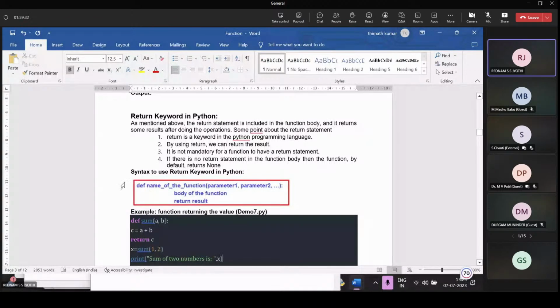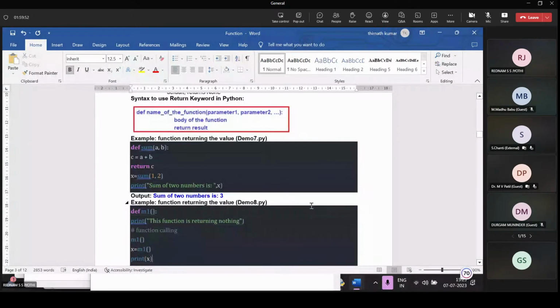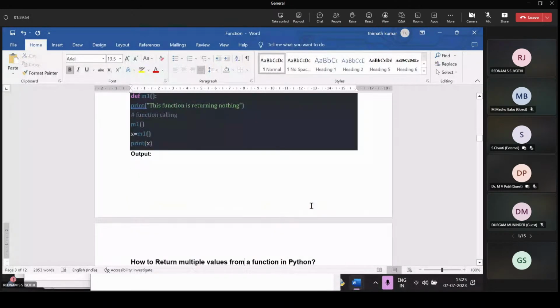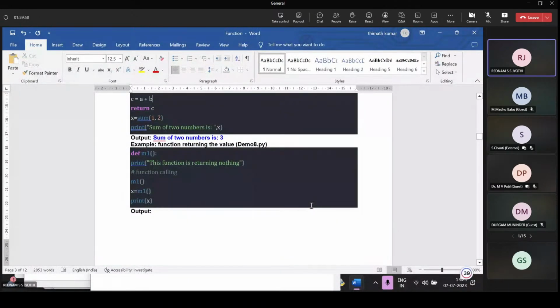This is the syntax of the return keyword: after the body of the instructions, the last instruction of the body is the return statement. So these are all related to functions.